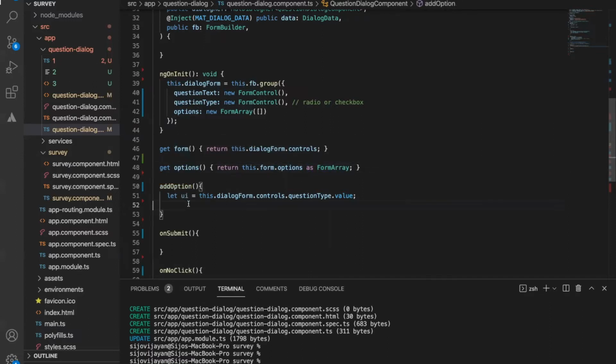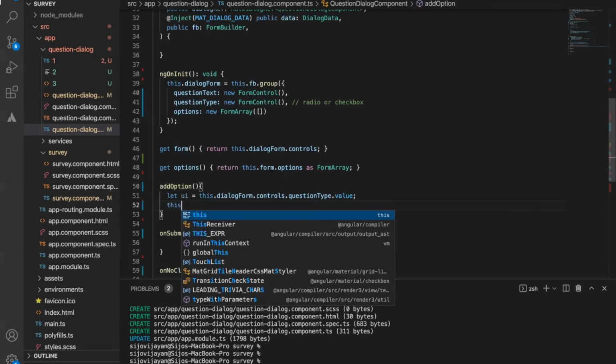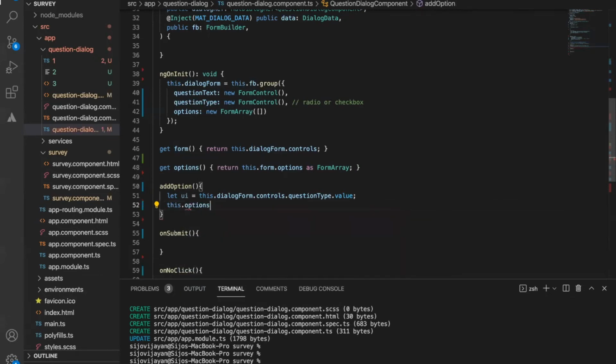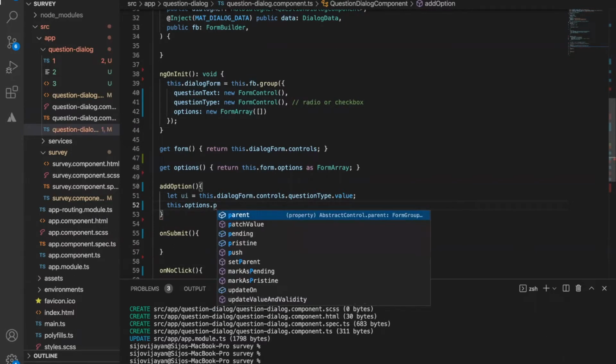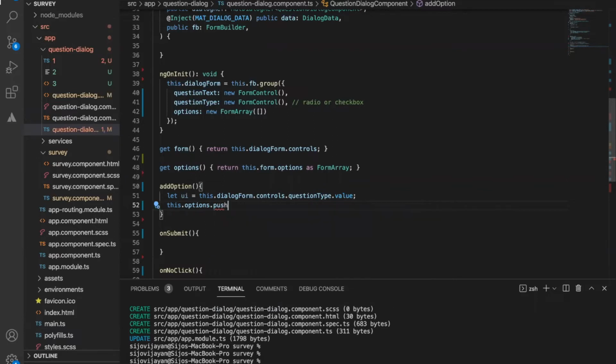Then the next step is, I will put this dot options. Here we need to push the new controls, right? Push of what? Here we need to push a new control as a new array. This is a form array.